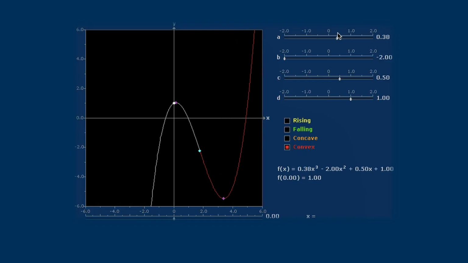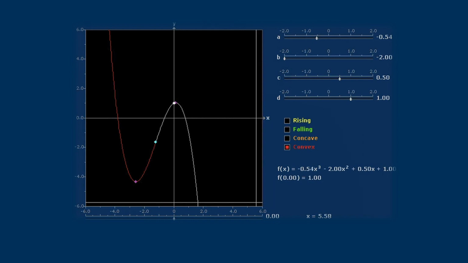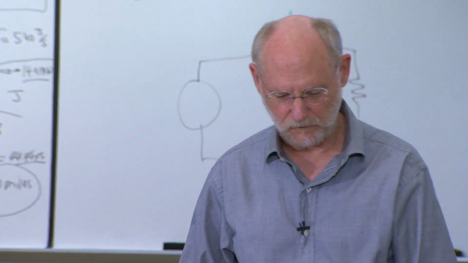Very interesting. I'm not sure you've ever really visualized what happens when you start changing these coefficients. Well, it disappears off the screen. Now it's become negative. And there we go. Now it's coming down from plus infinity to the left and then sinking down to minus infinity on the right. So that leading coefficient is what determines that particular feature.